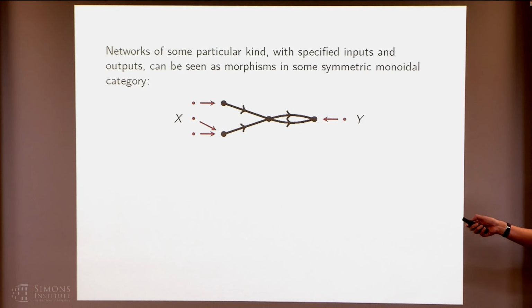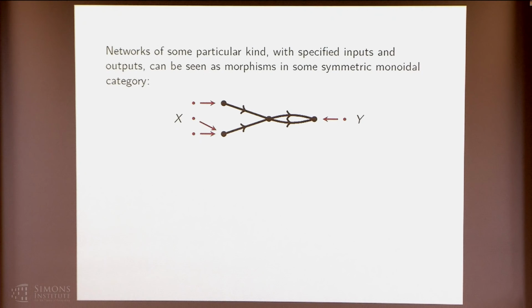And the way I'm specifying some of the vertices as inputs is by a map from a set into the set of vertices. Notice I'm not demanding that it be one-to-one. That's a little subtle point, which you don't have to worry about too much, really. And then y is some other set which is being mapped into this set of vertices, and that describes the outputs of the network. And the point is that then we can think of this as a morphism from x